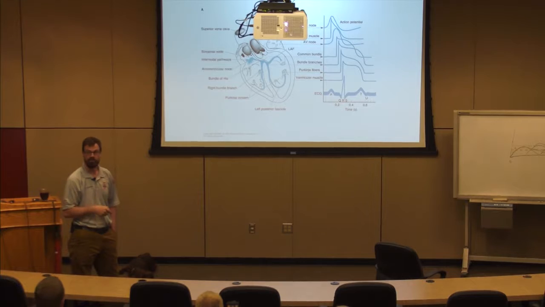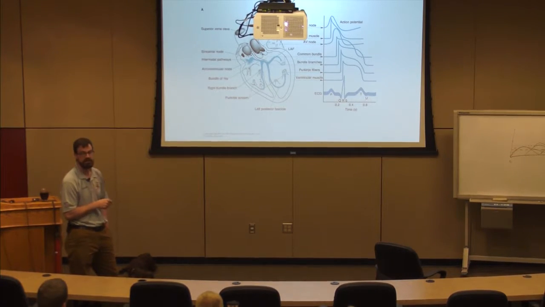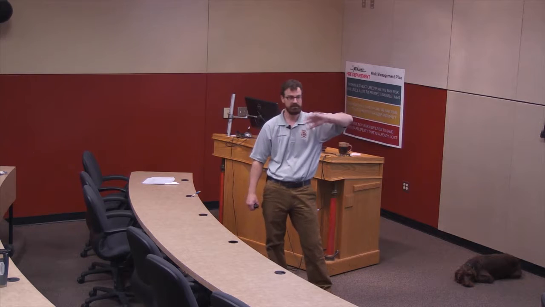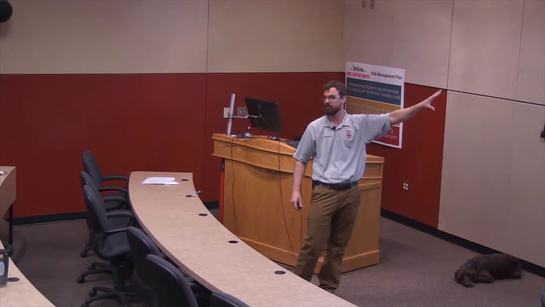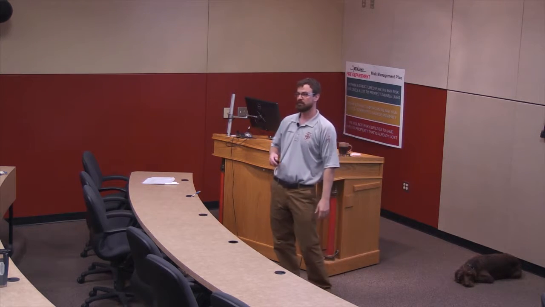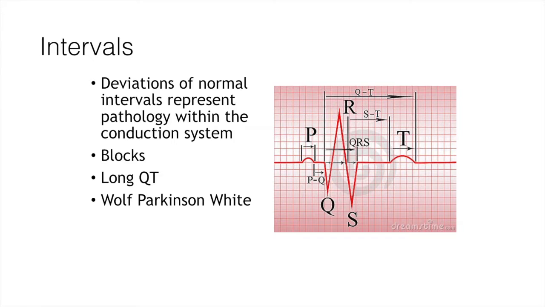So that's normal conduction. These intervals, the timing that it takes for these events to take place, are entirely dependent on potassium, sodium, and calcium and their various receptors on the cell membrane. Does that make sense? We can't talk about this any farther unless you understand that concept. That's why we spend 20 minutes talking about basic cellular signaling, okay? So as a result, I have very predictable intervals, okay?